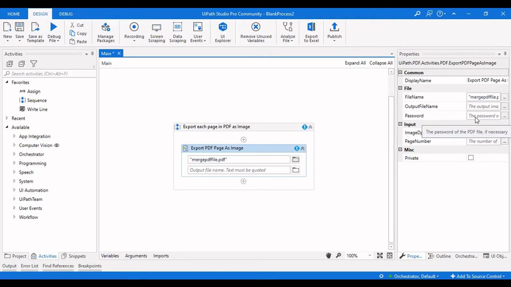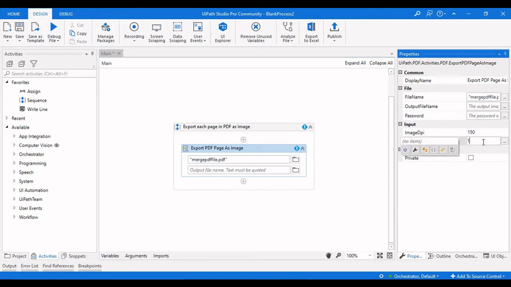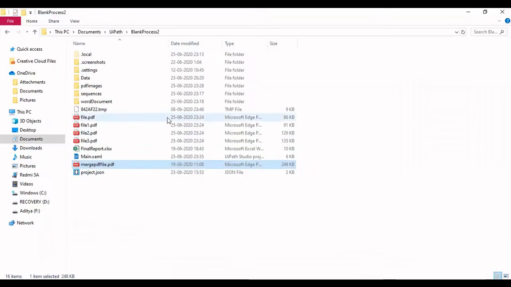If it has any password, then you need to provide your password over here, and write the page number here. For the output, let me copy this particular path over here.